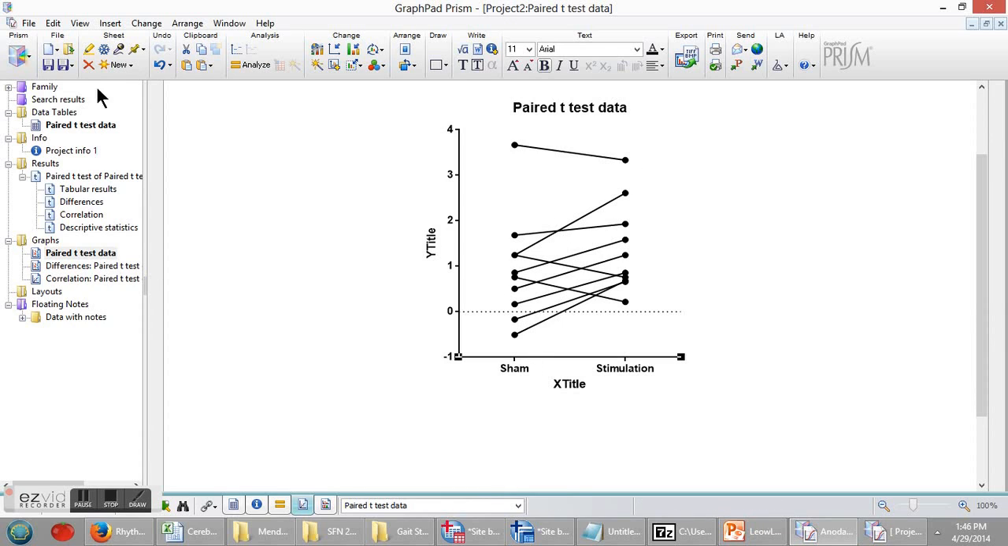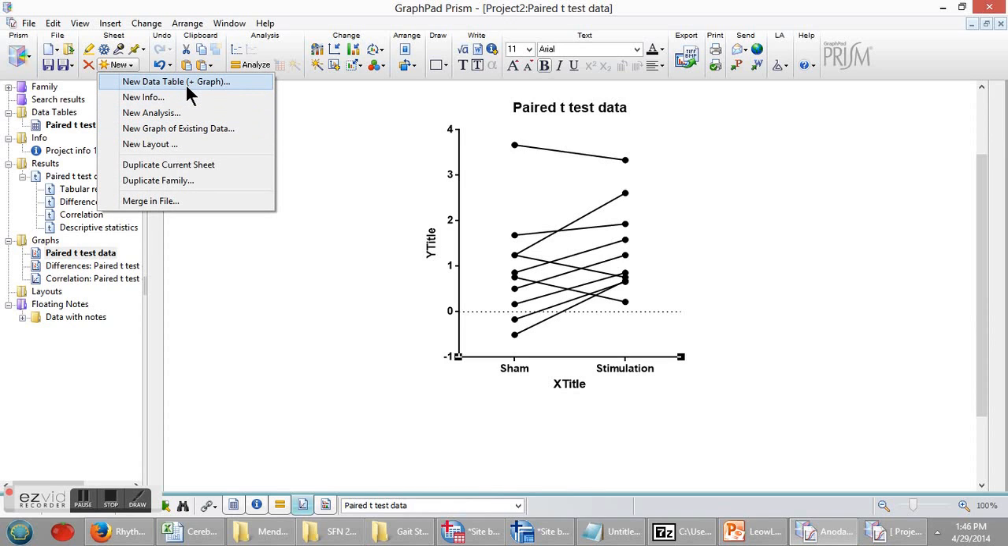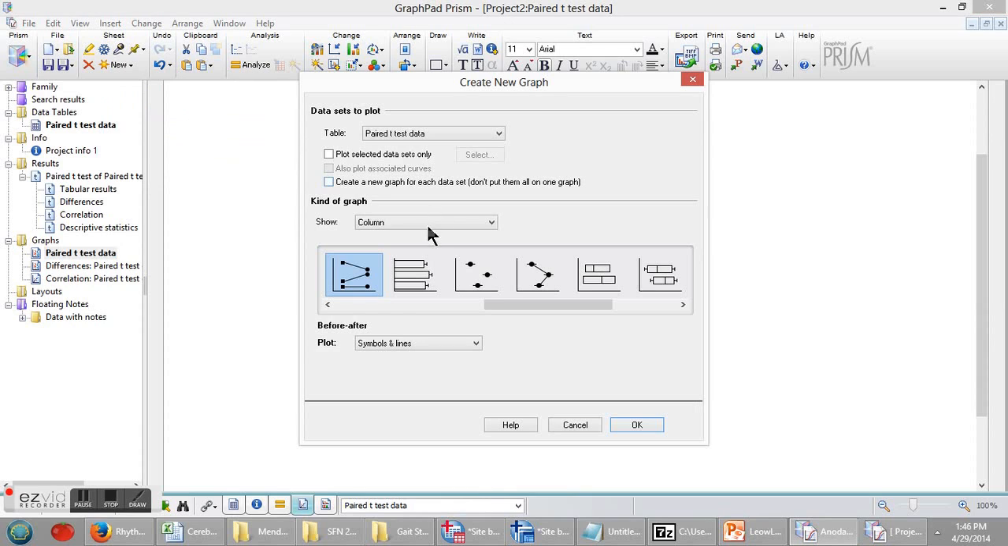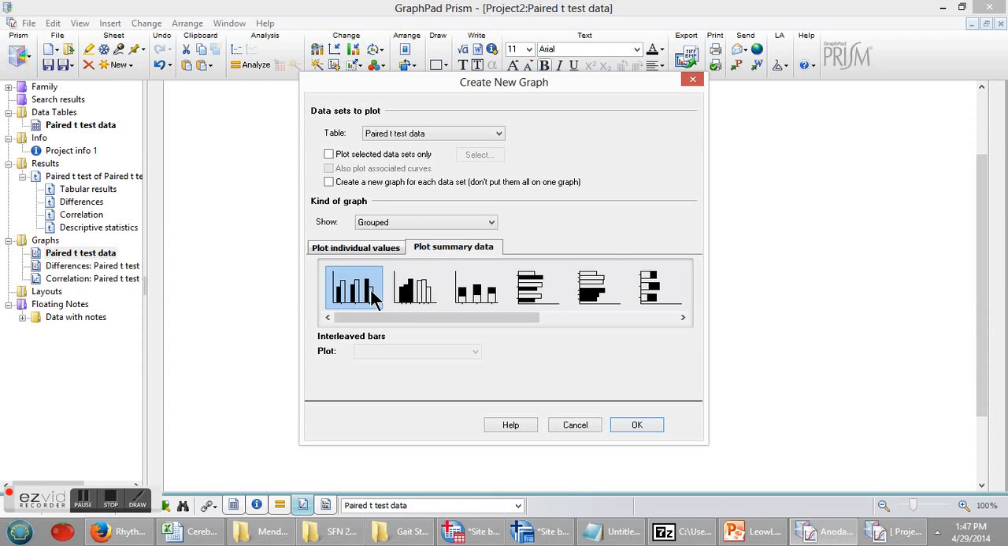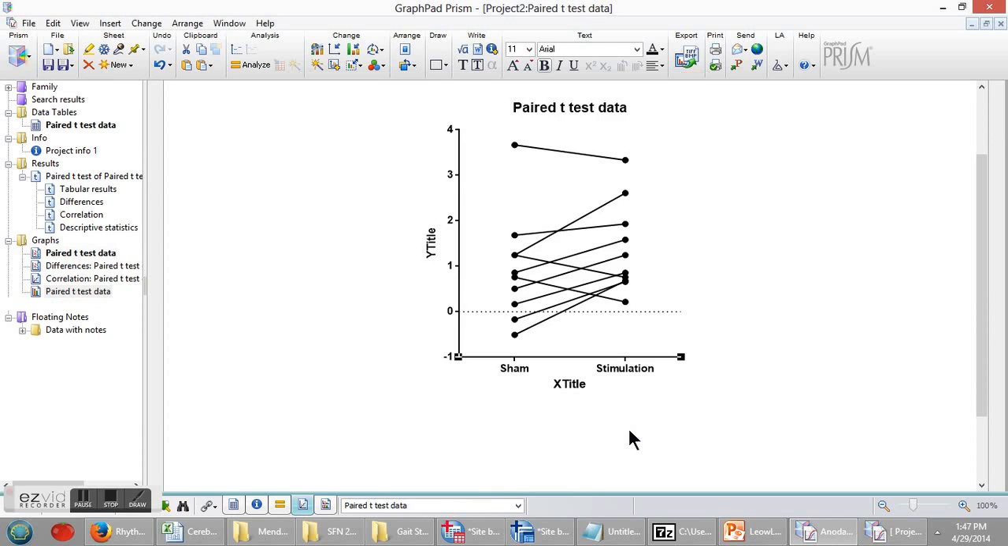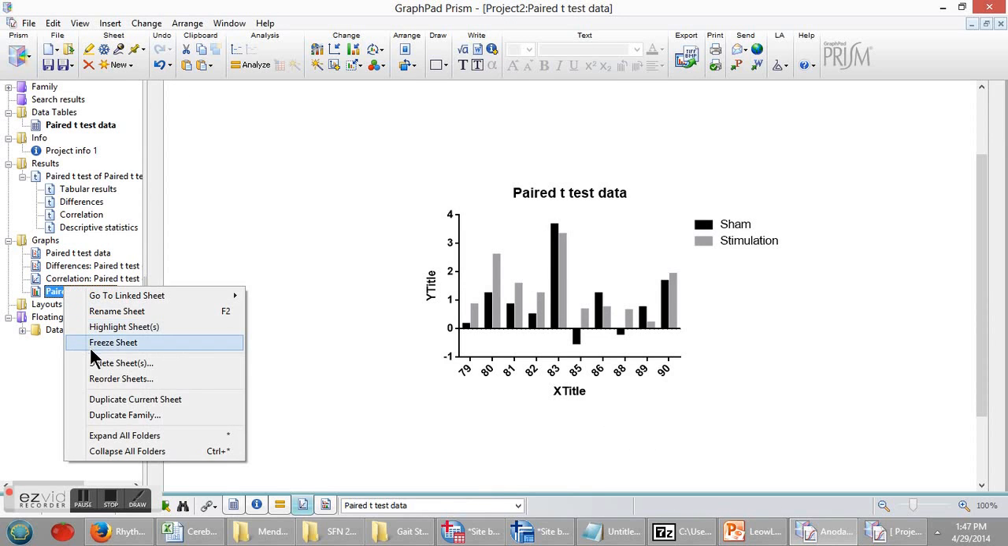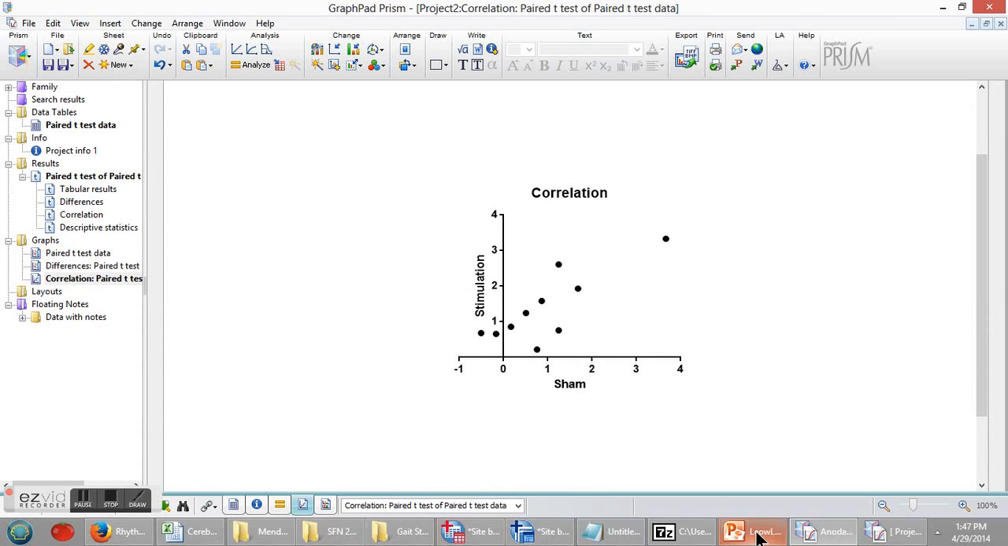What's more traditional is to have a bar graph. So you hit new data table, or you could just hit new graph of existing data, and then you would probably go this one, grouped plot summary data, I think. No, I'm wrong, sorry. Sorry, so I was almost right. So you select the type of graph was column, and for some reason it automatically selected this pattern, this